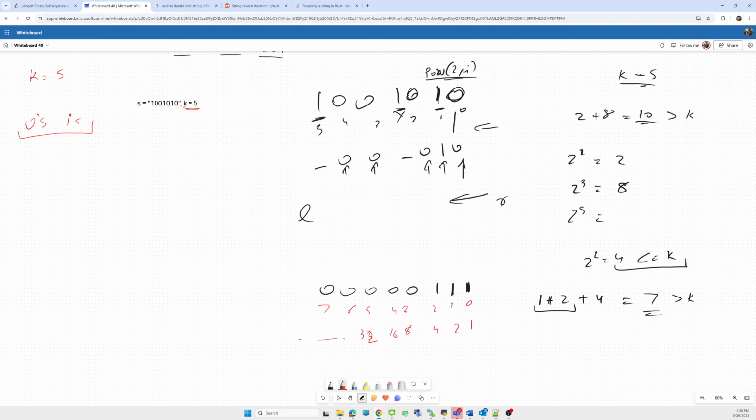We have to get a subsequence from the given string such that if we convert the binary format of the subsequence into integer format, the corresponding value is less than or equal to k. We have to consider such subsequences.